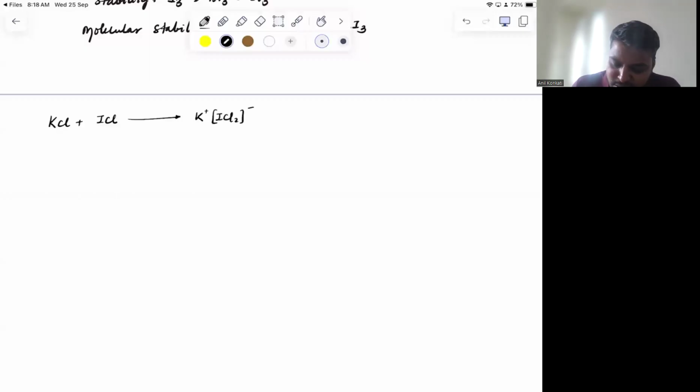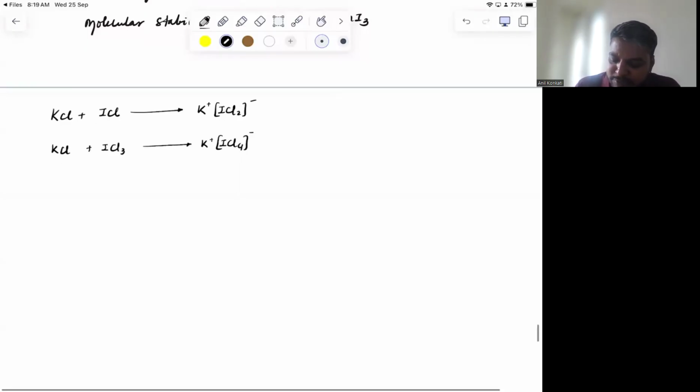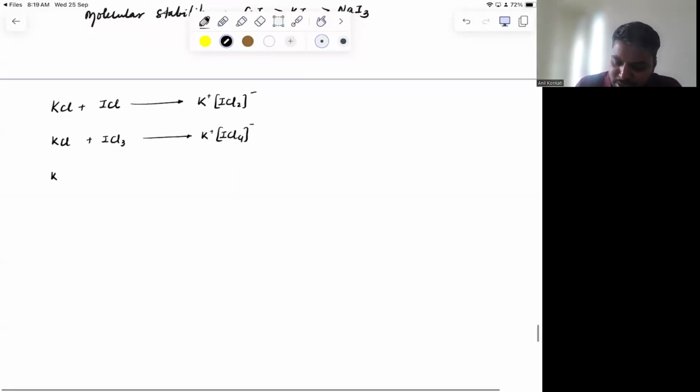Correct. Next, KCl plus ICl3, if I react that, again it will become K plus and ICl4 minus. And similarly, KCl plus IBr, if I react, clear? Then this will become K plus and